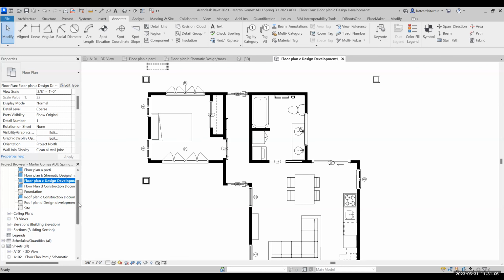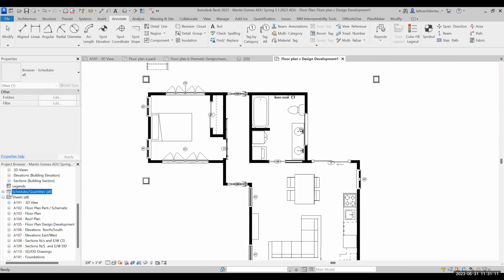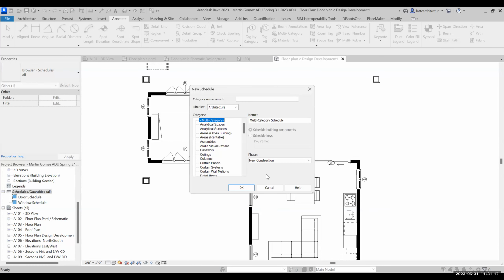Now for your schedules, you scroll down on your project browser, and you go to schedules. Here you right click, create new schedule, and then new construction. And here you click on what you want to create your schedules on. Let me see, we can go to windows,